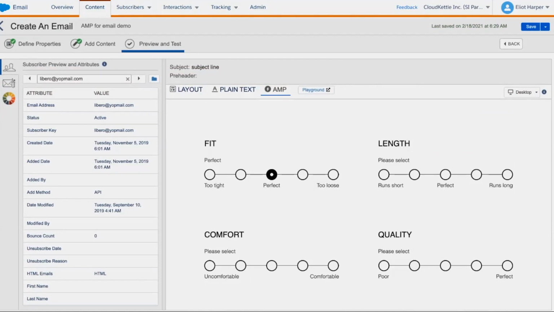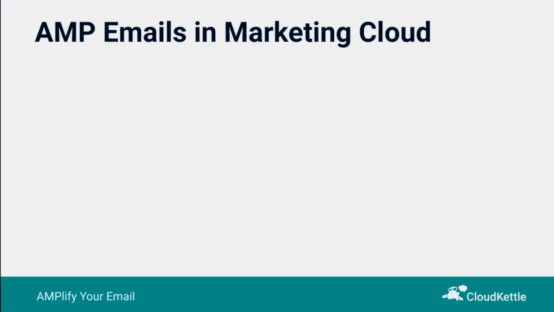Let's now discuss some more specifics about building AMP emails in Marketing Cloud. While Salesforce Marketing Cloud supports AMP for email, there are some considerations when creating AMP emails. Firstly, if you're retrieving content at open time or submitting form data from your email, then you'll need to create a publicly accessible endpoint that can be accessed from your email. And Cloud Pages is a very convenient method for this. You simply just create a JSON code resource page containing your server-side code.